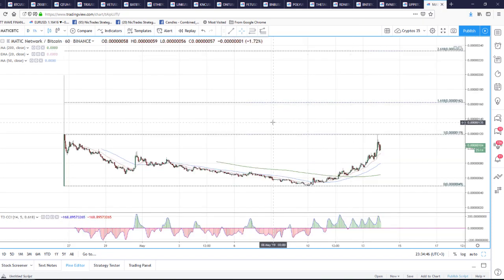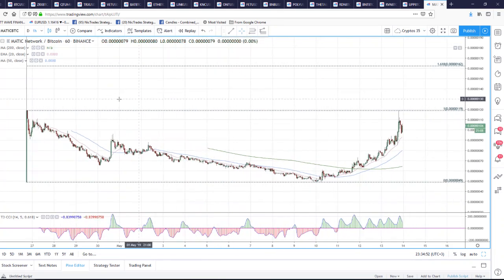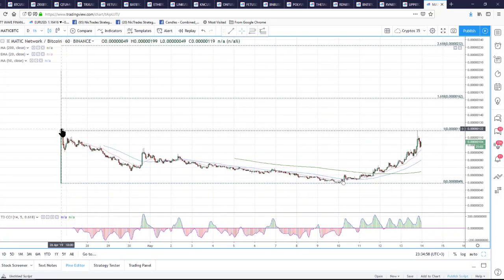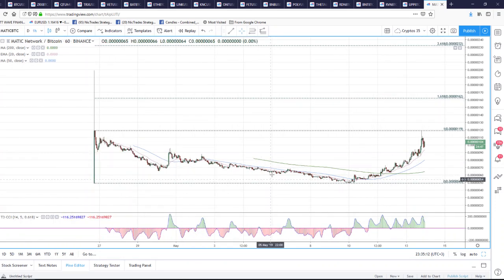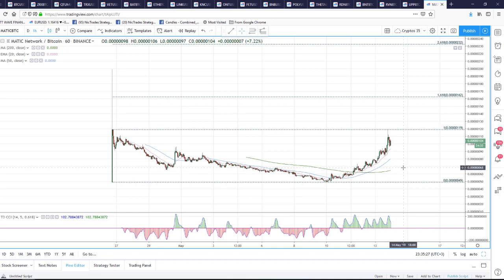And finally, Matic. I had a lot of trouble with this chart. I put my hourly chart on and I went all the way around. And sometimes, with these spikes, when a coin launches like this, sometimes it pays to ignore the spike and just say, when they first launch, they form a kind of range. So this is the high of our range, and this is the low of our range. We've got a double bottom. So when this market drifted all the way down, where did the buyers come out? Here, at the bottom of the range. And where did they take profit? At the top of this range. So we're going to waft around, I think, in this sideways range for a bit in Matic,